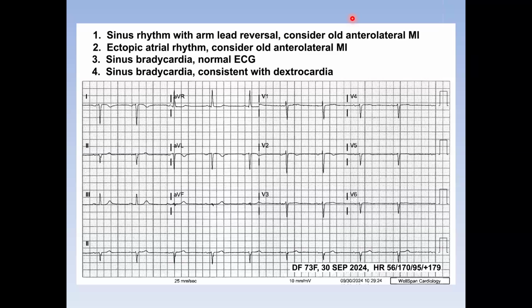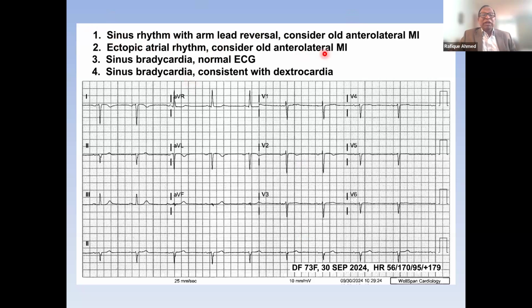I think so. Sinus bradycardia, consistent with dextrocardia. Yes. So let's see. In the poll, we got a few answers. One was A. In multiple choice questions, there are some tricks. One of the tricks is: is this patient bradycardic or not? This patient's heart rate is 56. That excludes one totally, because it's not sinus bradycardia, because I have mentioned sinus bradycardia in other places. So that's one of the tricks that you should use in answering questions.